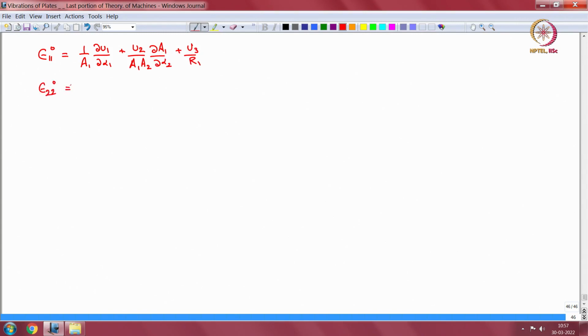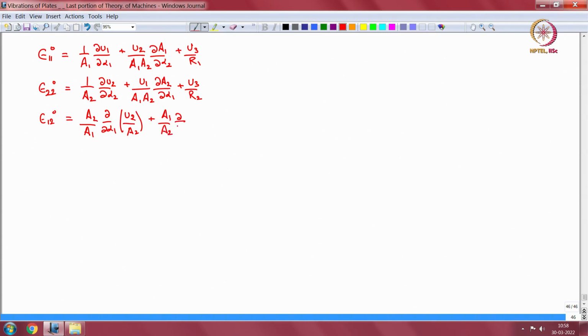Epsilon 2 2 0 is equal to 1 by A2 del U2 by del alpha 2 plus U1 by A1 A2 del A2 by del alpha 1 plus U3 by R2, then epsilon 1 2 0 is equal to A2 by A1 del by del alpha 1 of U2 by A2 plus A1 by A2 del by del alpha 2 of U1 by A1,